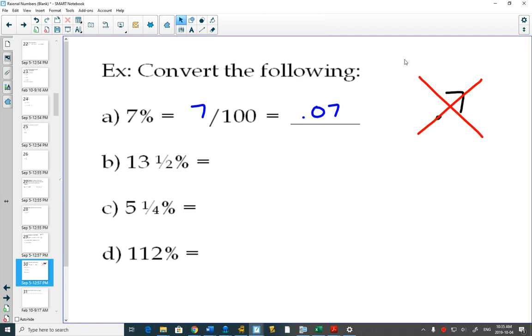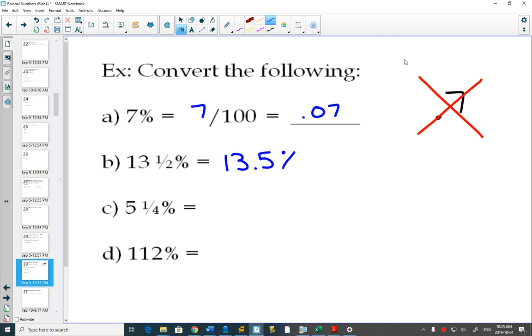Now, sometimes percentages have halves or quarters. We'll talk about, like in C, you might see an interest rate. You buy a car, and they say, we'll offer 5.25%. So we need to know, how do we change a fraction within a percent to a decimal? So first of all, this 13.5%,